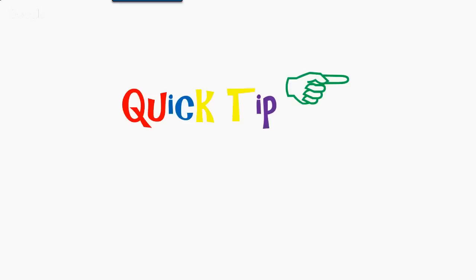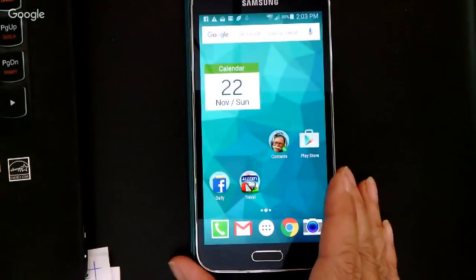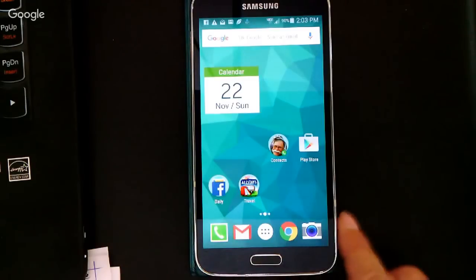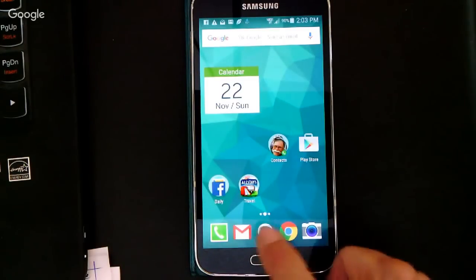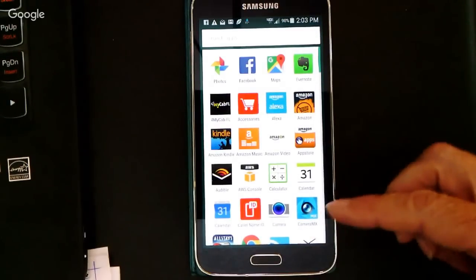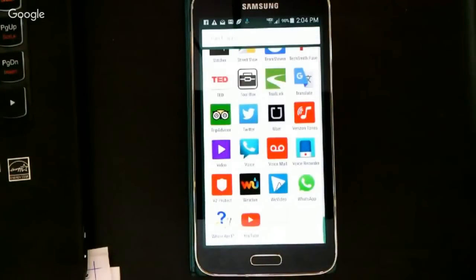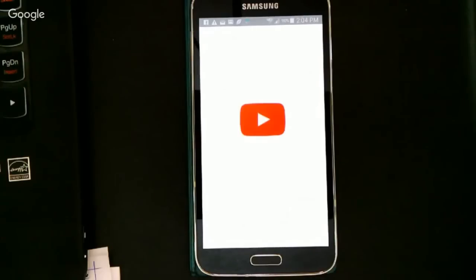That's my quick tip. And I'm going to show you on my phone. Okay. And he's just going to switch over here so that you can see it. And if you have any questions, do make sure to put them in the comments there. Okay, so this is my Samsung Android phone, and YouTube is an app that is installed. Very easy to find it on the alphabetical because it's all the way at the end. I can just scroll all the way to the end. On an Android, I tap on YouTube,